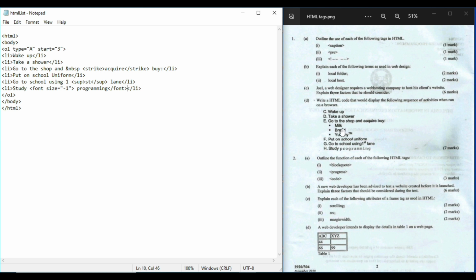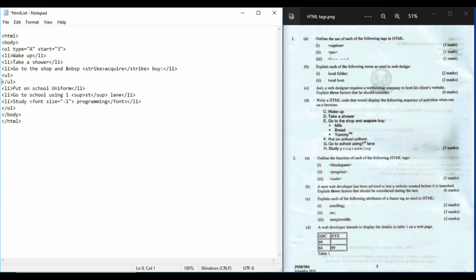On to the next. So over here we have the unordered list. So when you come to the unordered list, milk, bread, and yummy, we'll come over here to E, go by. As we said earlier, the unordered list is defined using the UL tag. Open. And close the UL tag.